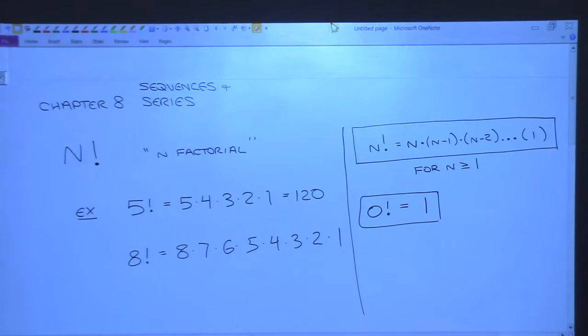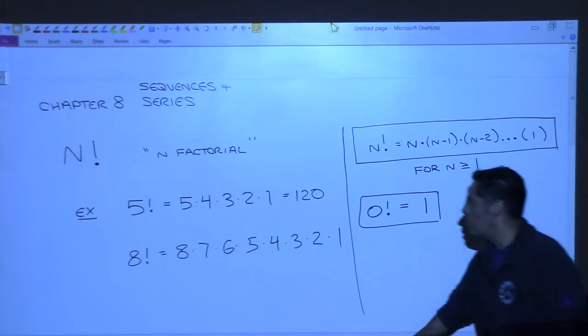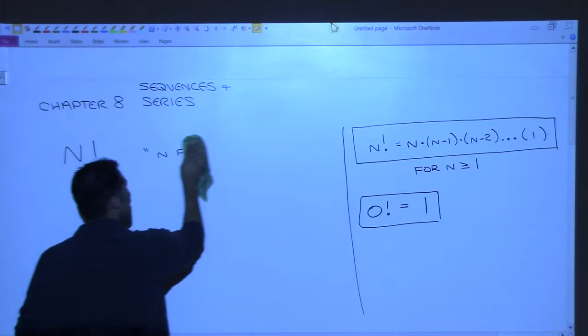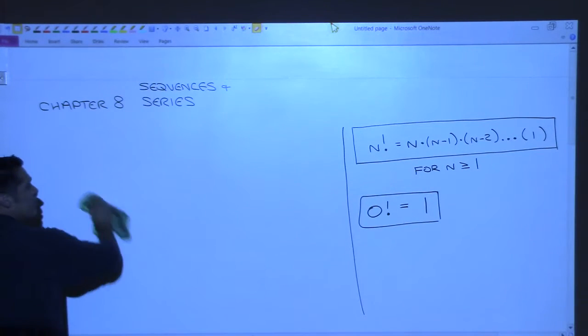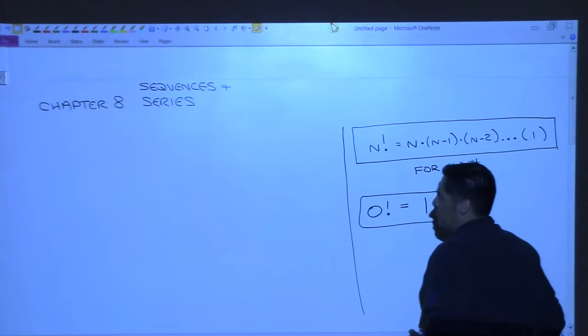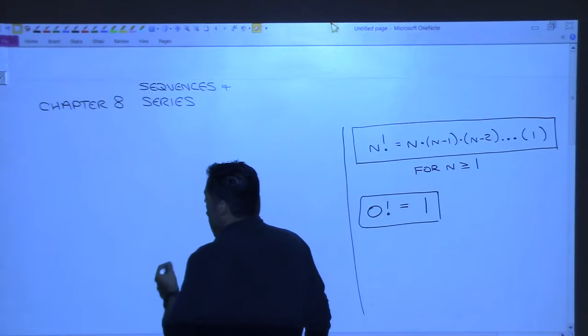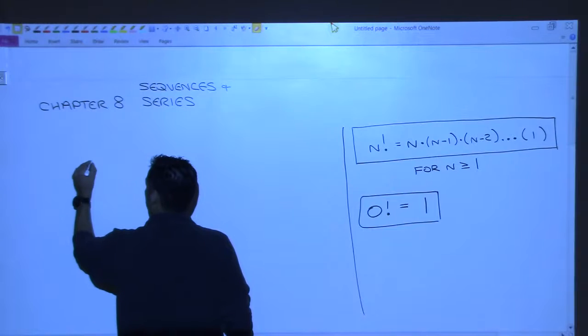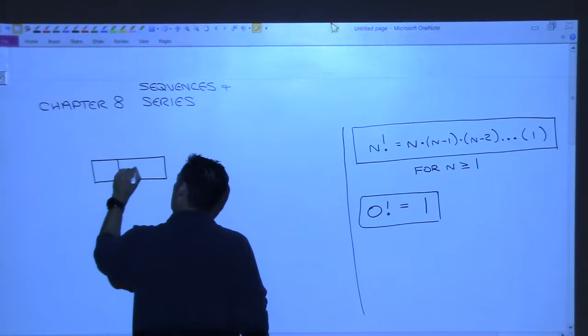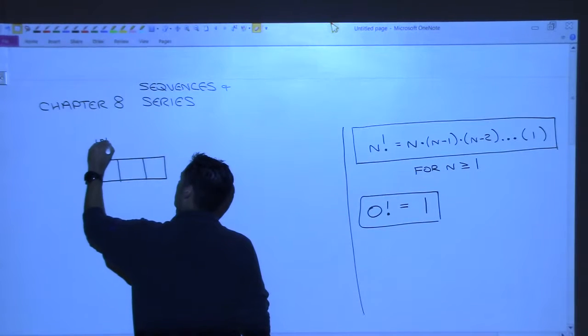All right, here's some properties of the factorial. Or maybe we should talk about when you would use a factorial. Why would we ever want to use a factorial? Well, what if we have this? Just real world stuff. What if I have, I'm going to pick